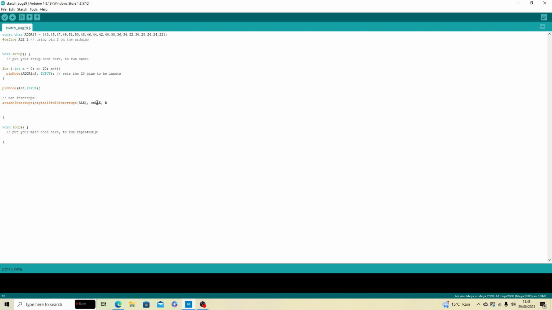And using the rising edge. And I'm going to use the serial monitor, so I'll need to set that up as well, and set the baud rate.